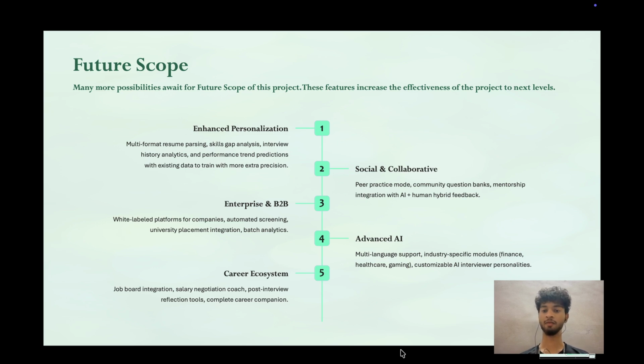Then we can add innovation with advanced AI with multi-language support, industry-specific modules for finance, healthcare, and gaming, and customizable AI interview personalities. For the career ecosystem, we can add job board integrations, a salary negotiation coach, or post-interview reflection tools to get